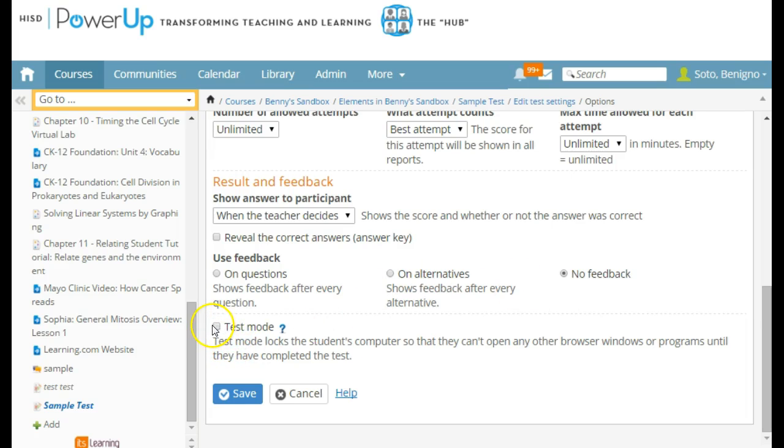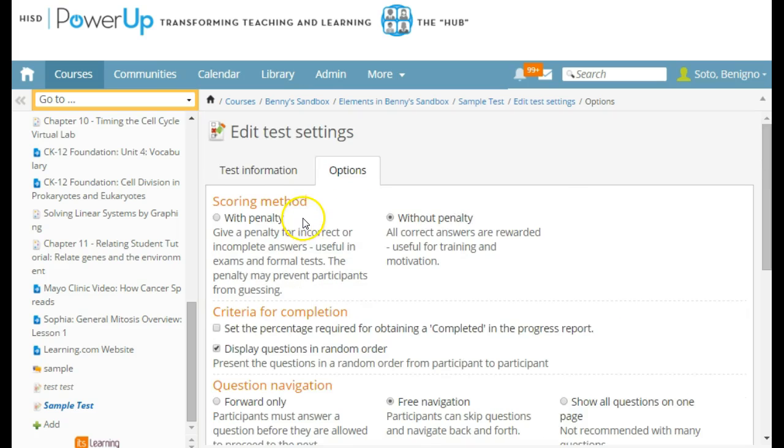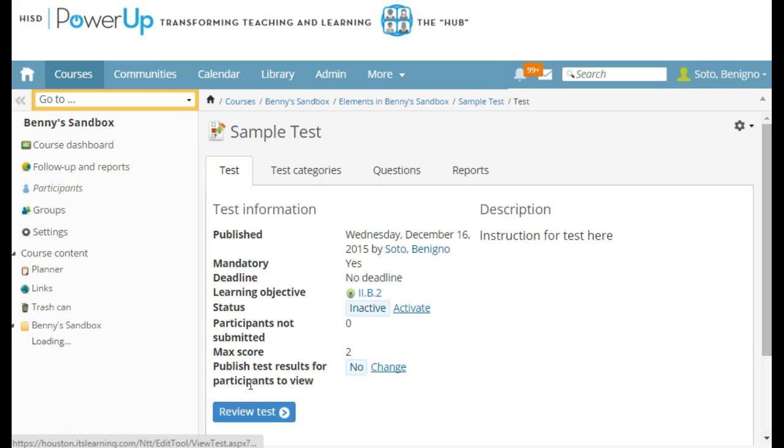And the test mode. The test mode is a really good idea. Pretty much it locks all the browsers, the students' browsers, so they won't be able to look up questions or answers on Google or any other search engine. It basically locks the web browser to be only on the test until they complete the test. However, if your computers are not running on the latest software, it may not work properly. So I highly recommend that you leave that off unless you have new computers with the latest software, and just facilitate the old-fashioned way and walk around, make sure that everybody's on task. So once you set the options that you like, then you can hit save,